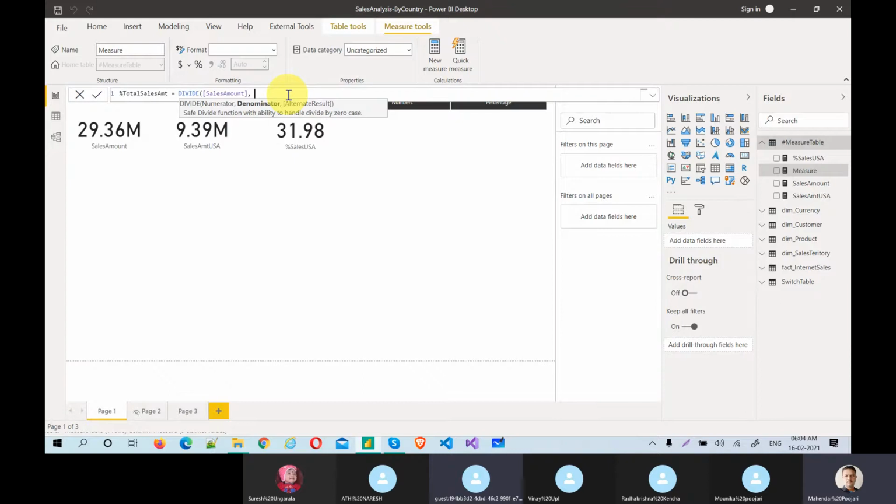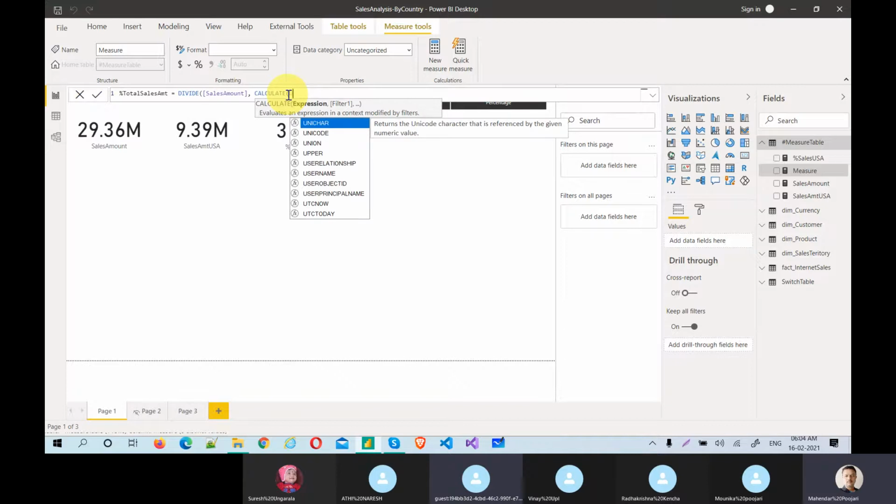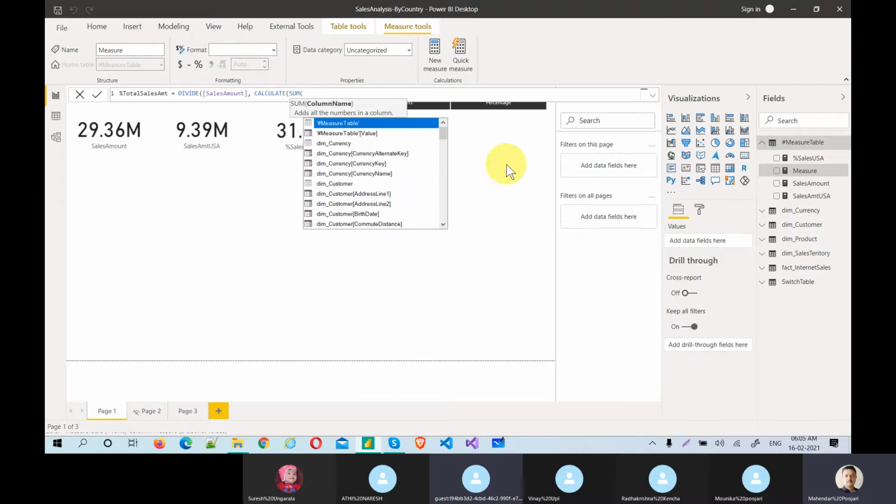I use CALCULATE to use the sum. So CALCULATE sum of sales amount. This is nothing but the same sales measure, but I would like to give a new introduction, that is all.